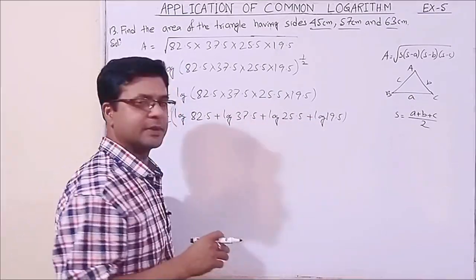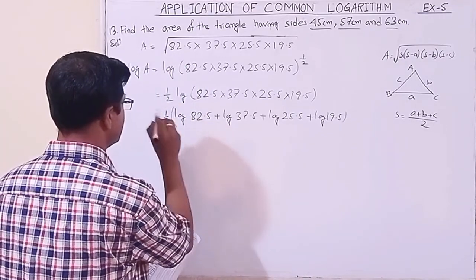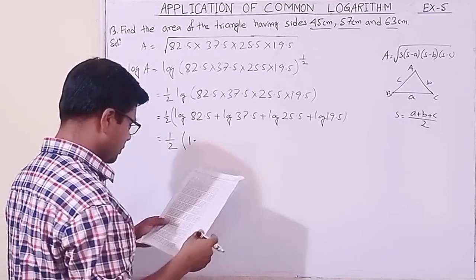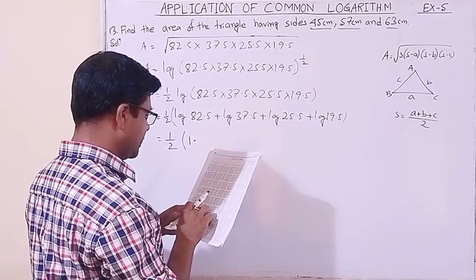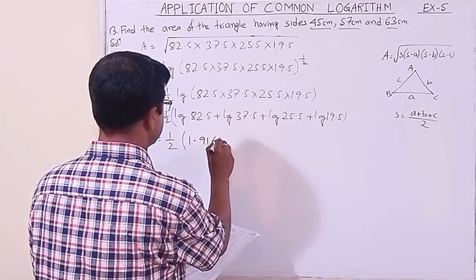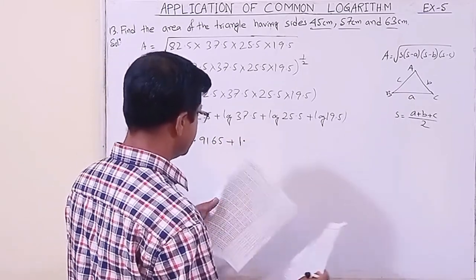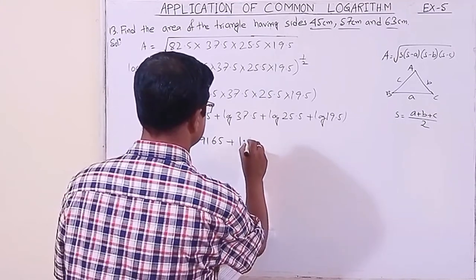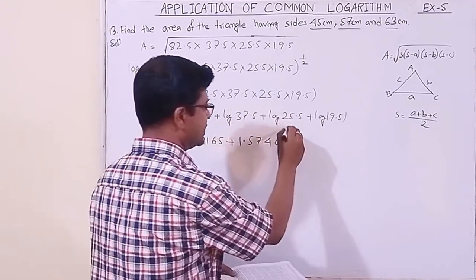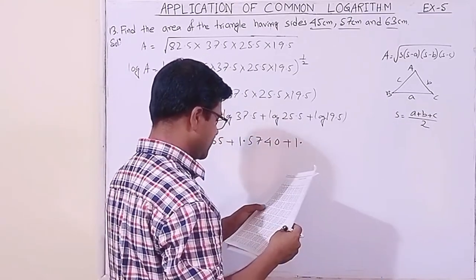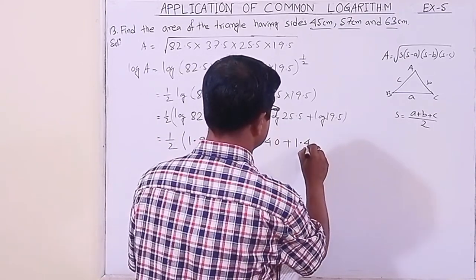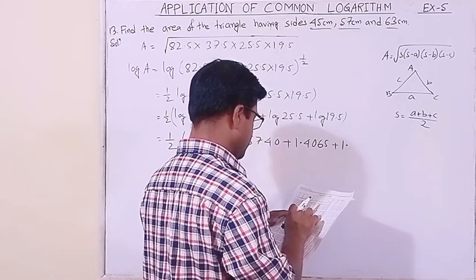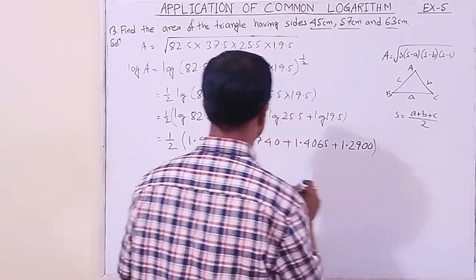Okay, take a log table now. Okay, dear students, we have taken the log table. Here the characteristic, there are two digits before the decimal, so the characteristic will be 2 minus 1, 1. Then we take the log table: 82, 5th house, 82 5th house will be 9165. Here there are two digits, characteristic is 1, 37 and 0.5, 5740. Then the characteristic 2 minus 1, 1 again, 25 and 5th house, 4065. Two digits, characteristic is 1, 19 and 5th house, 2900. We have put all the values.